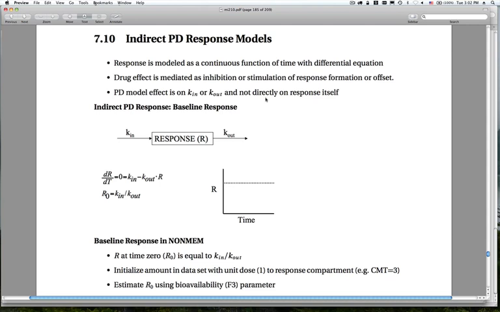Okay, so let's consider this now. The easiest way to think about this is starting at baseline. So before you've added any drug, there's some response over time, and we'll consider this response according to this graphic, where that response is constant over time. It's essentially a non-changing steady state value. So the change in response over time, dR/dt, is 0. It's at steady state. If we view this response then as a compartmental model where the compartment amount is actually the response itself,